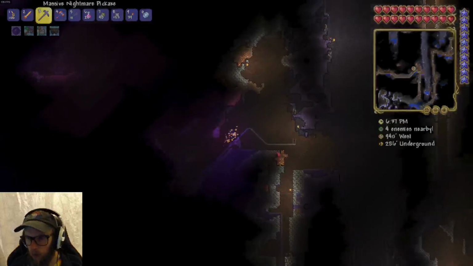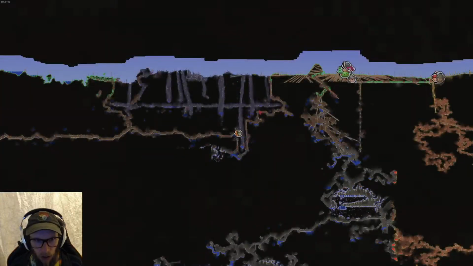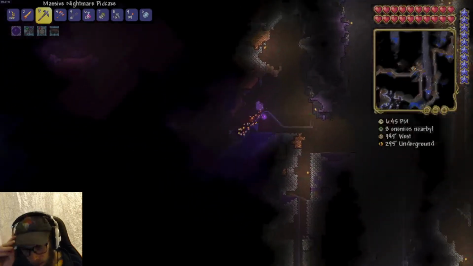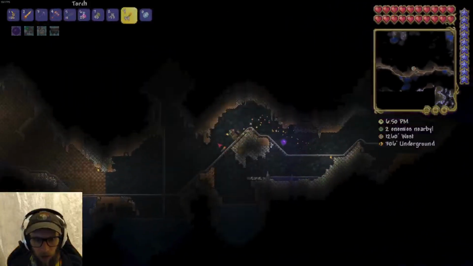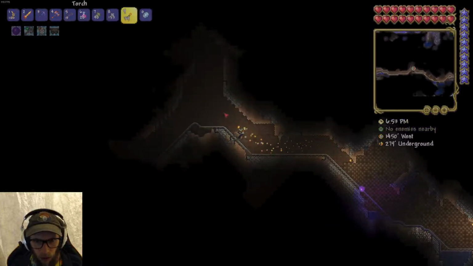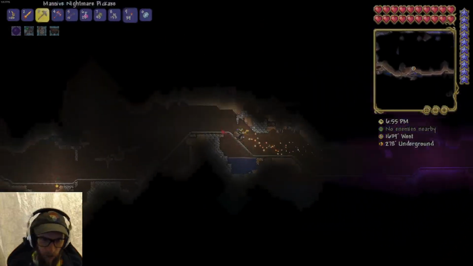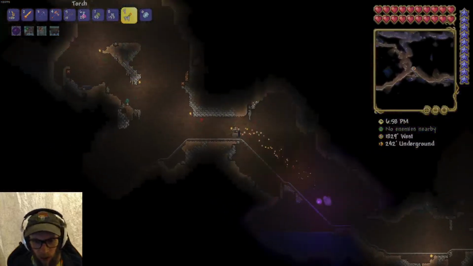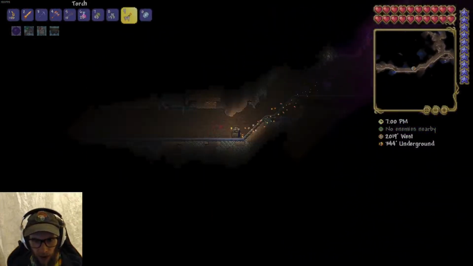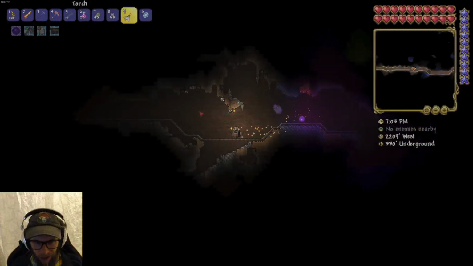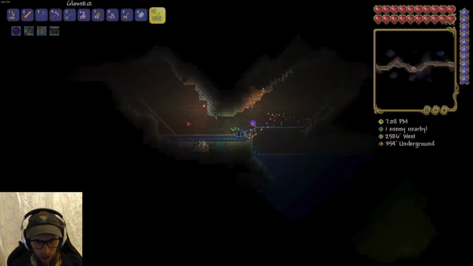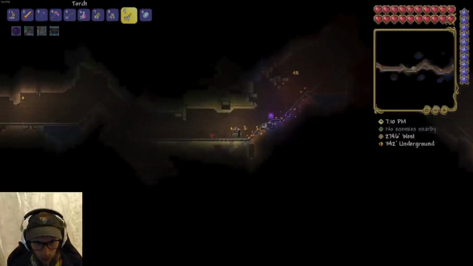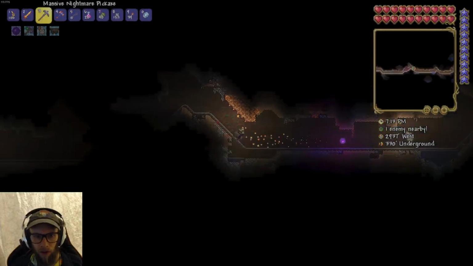You can see I've been doing a little work on isolating this corrupted area to try and keep it from corrupting more areas. It's not a big deal right now, but once I go to hard mode, man, that stuff spreads fast. And my first big map where I got really far, I think most of that map is corrupted or hallowed because of the spread of that stuff. And I'd like to try and avoid that in this map, you know. I don't know if I'm going to be really exhaustive about it, but